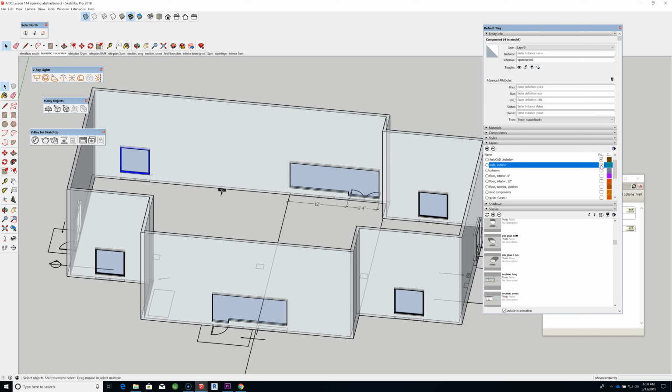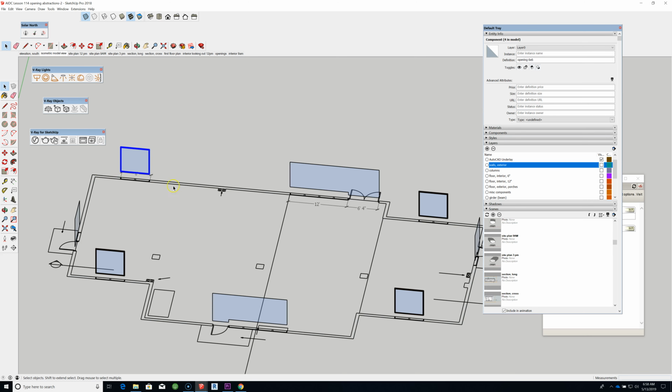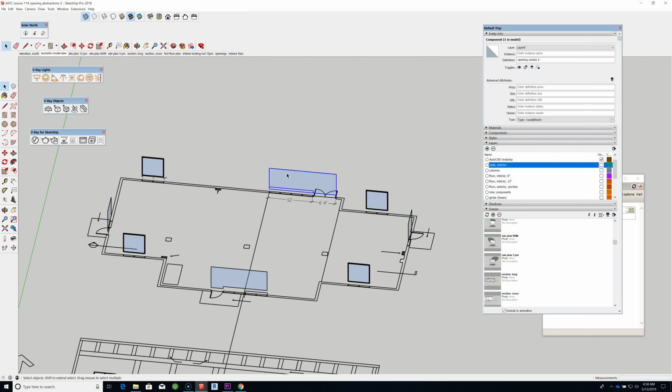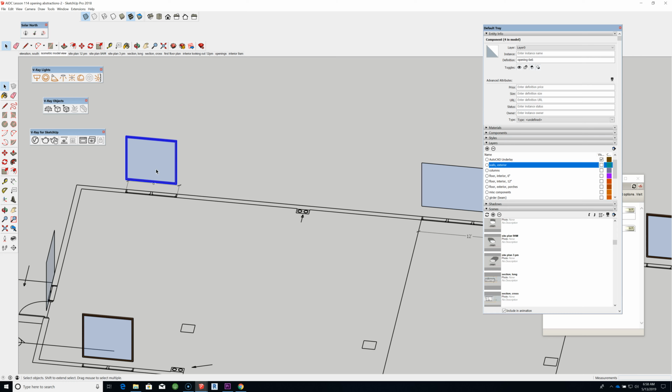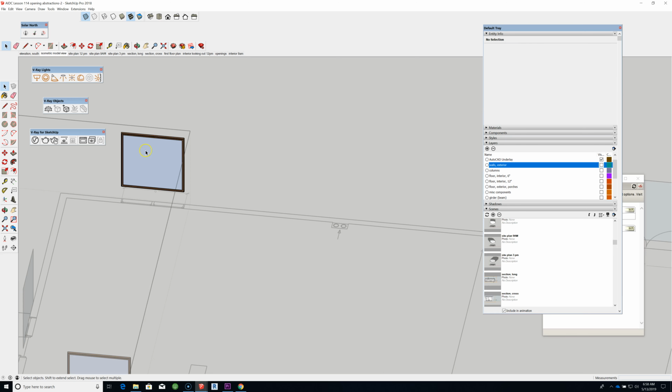If I turn back on exterior walls, you can see that every instance of this geometry represents the outline of those openings. So in this case, it's a component called a 6x6 opening, which is a group of nested components that if I double click this,